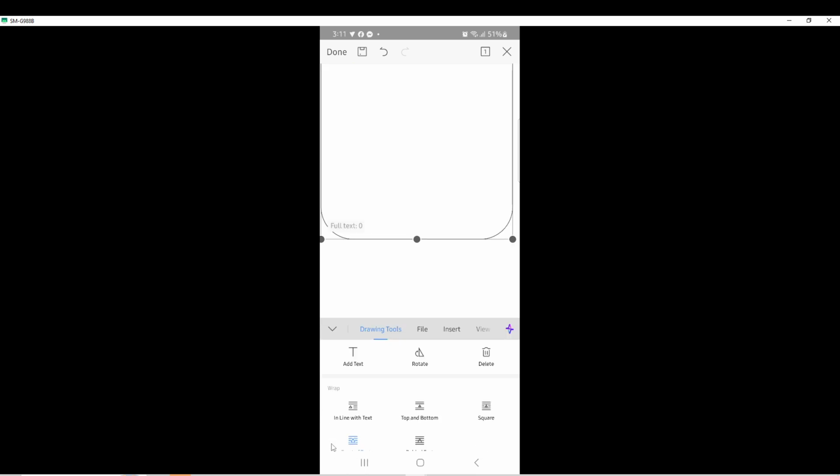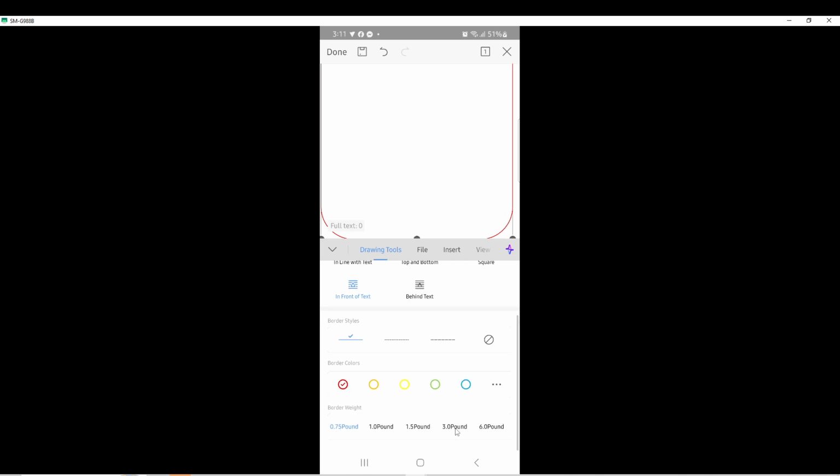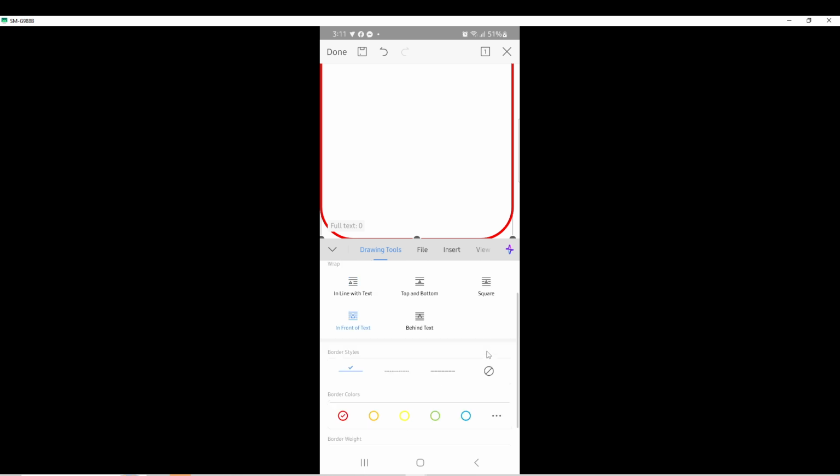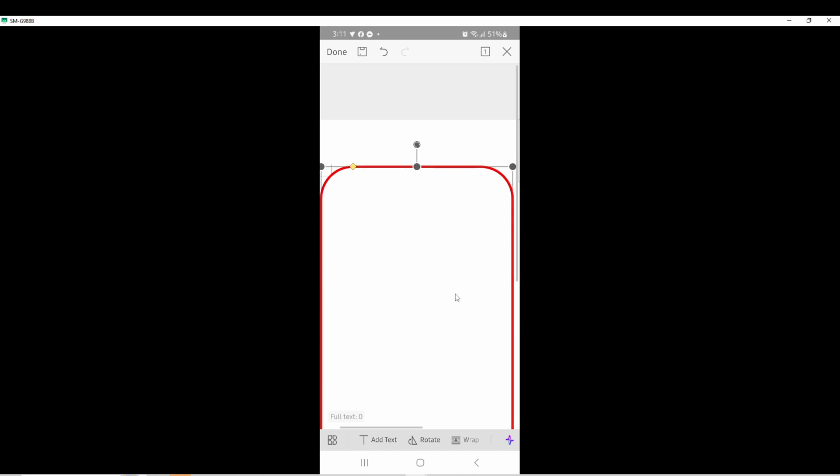From here, you can customize the look of your border. You can change the color, choose a different line style, or modify the thickness to make the border thinner or bolder. These options allow you to create anything from a simple outline to a strong, attention-grabbing frame. Feel free to test different color combinations, styles, and border widths until you find the design that best suits your